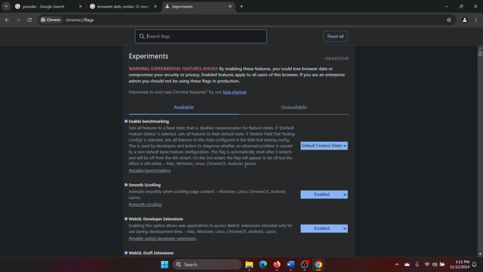So then you can click on relaunch and then it will relaunch the browser and it will show all the